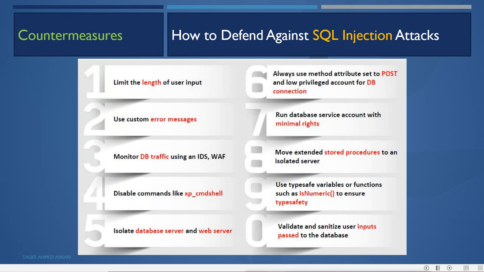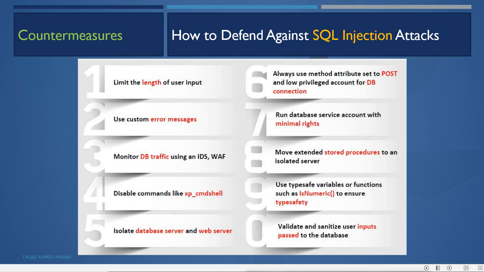The service account which is running the database services should have minimal rights, so that when any command is executed through SQL injection or an SQL query, it will not be able to execute it because it does not have the right to do that.